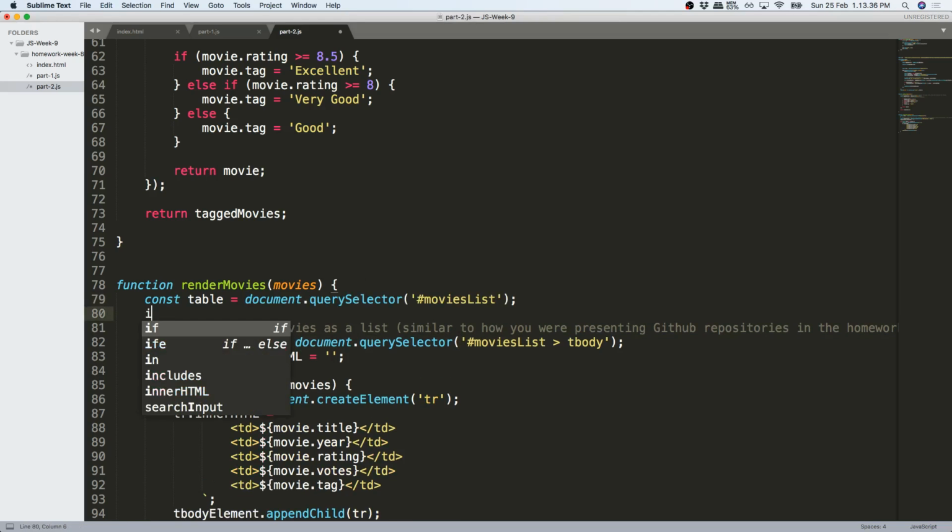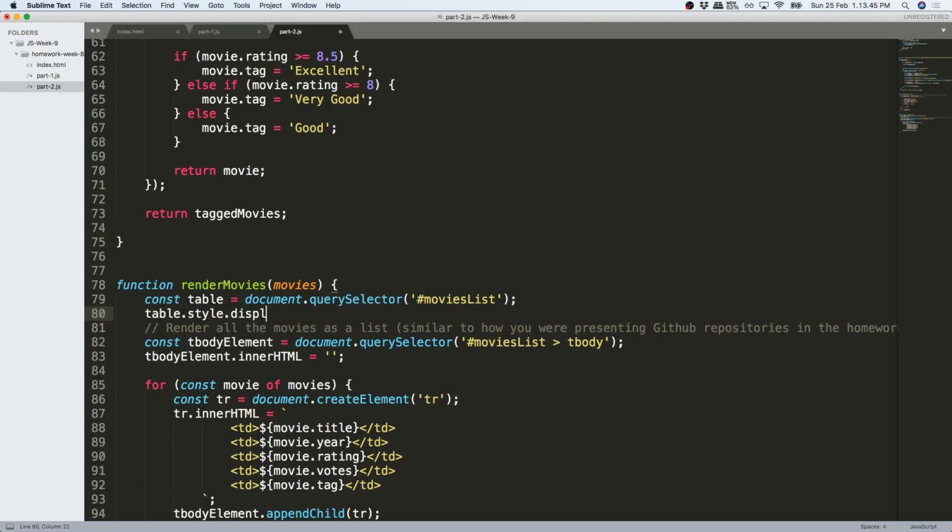And then it would be like table dot style dot display block. Display block. Yeah, this is block. So if movies dot length greater than 0, then it would be